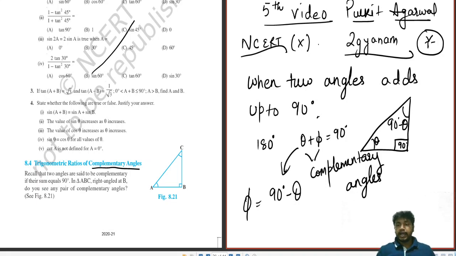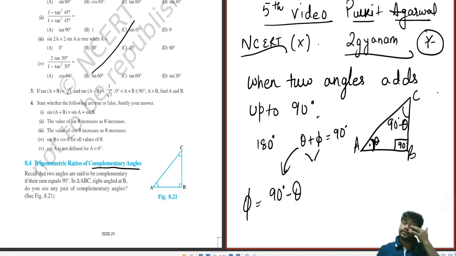See, have a look. According to trigonometry, if our eye is on this side, let's name it A, and this B and this C. So if I am at A looking towards BC, this will be my perpendicular, this will be my base and this will be my hypotenuse. So if I am over here or over here, this will not change. So this will not be an issue anywhere.